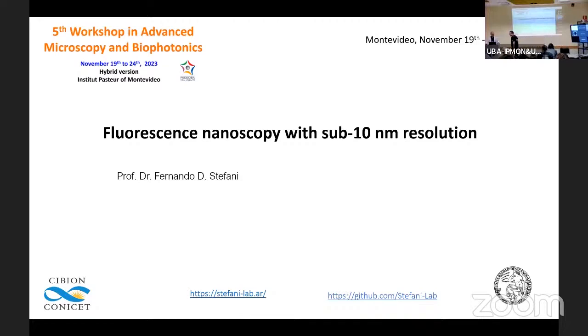So this is the second part. Yesterday we saw an introduction to the concepts of super resolution. What I told you yesterday is not textbook knowledge, but more or less common knowledge on super resolution. And today I will show you some of the latest advances, which are all aiming to surpass this 10 nanometer resolution, or to reach 1 nanometer or even below